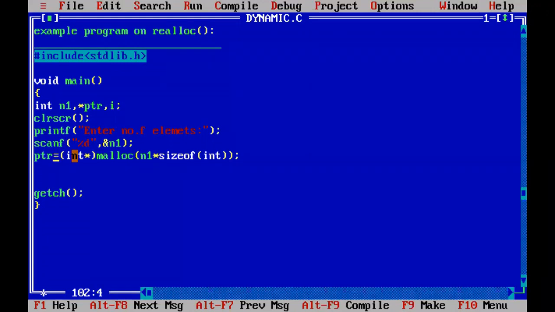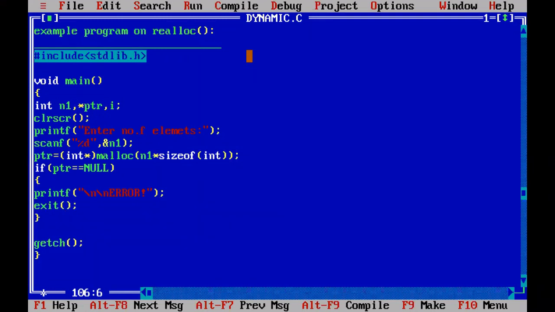Now the memory is created, and you can also check with the if condition whether memory is really allocated or not. If ptr double equal to null, then we can understand the memory is not allocated. Then print some error message, printf error. Error in what? Error in creating memory. Error you can print and exit from the program by using the function exit 0.